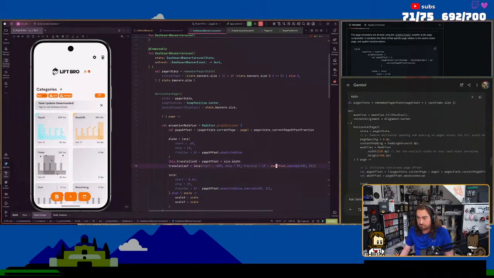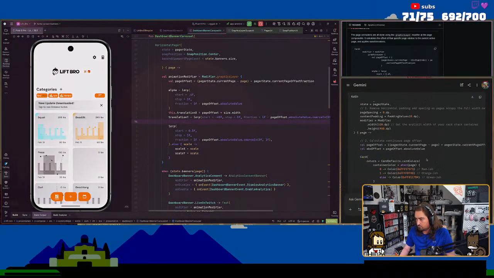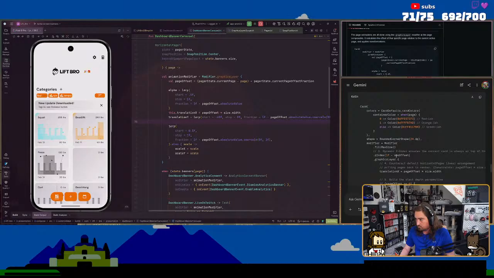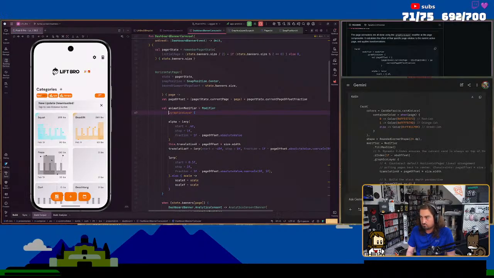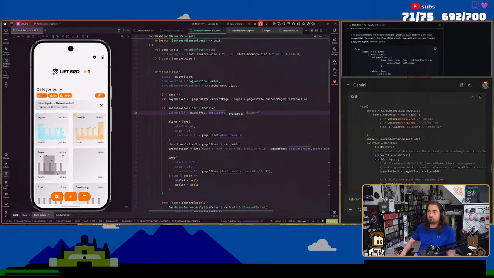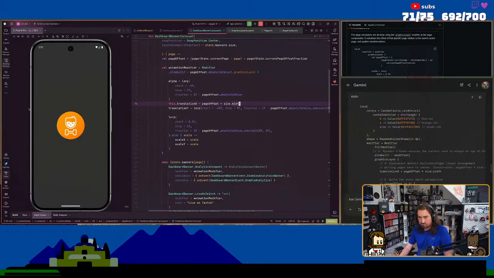Yeah, it just did the. Do I ever need anything other than the absolute offset? I don't think so. Let's see how this looks.